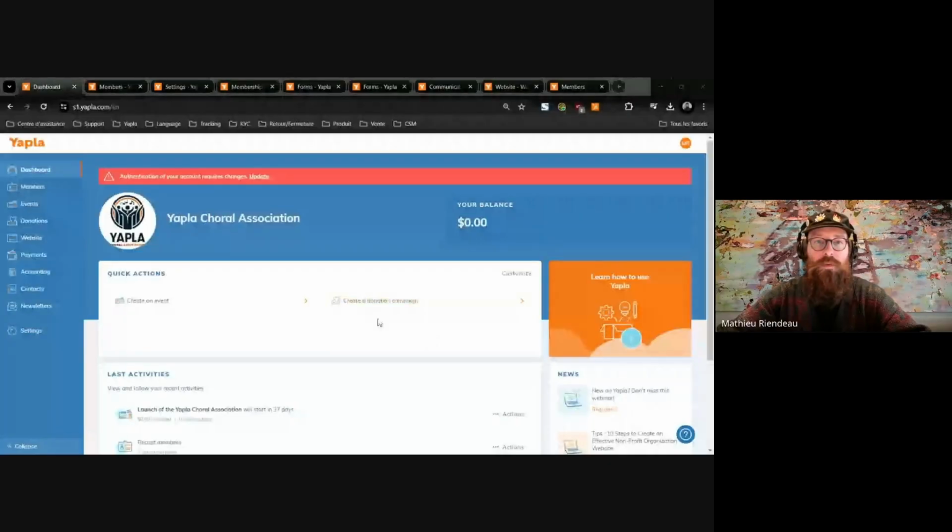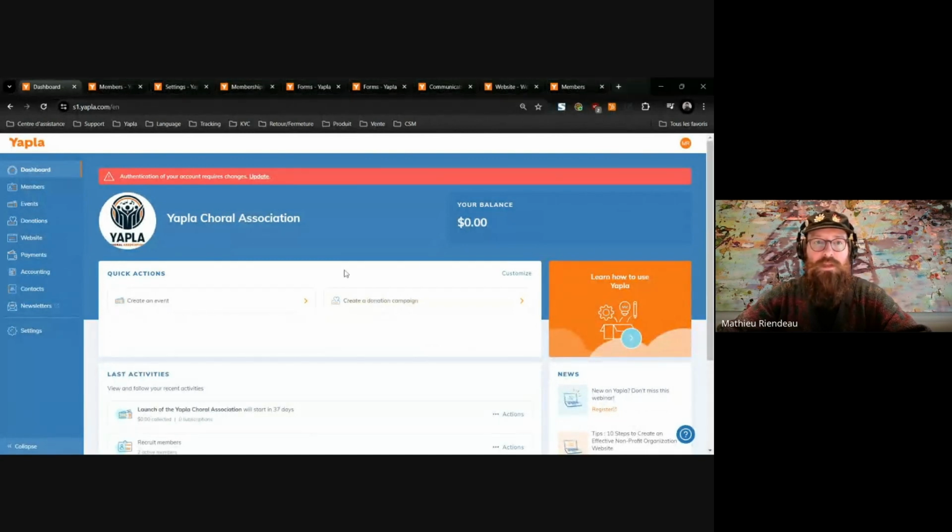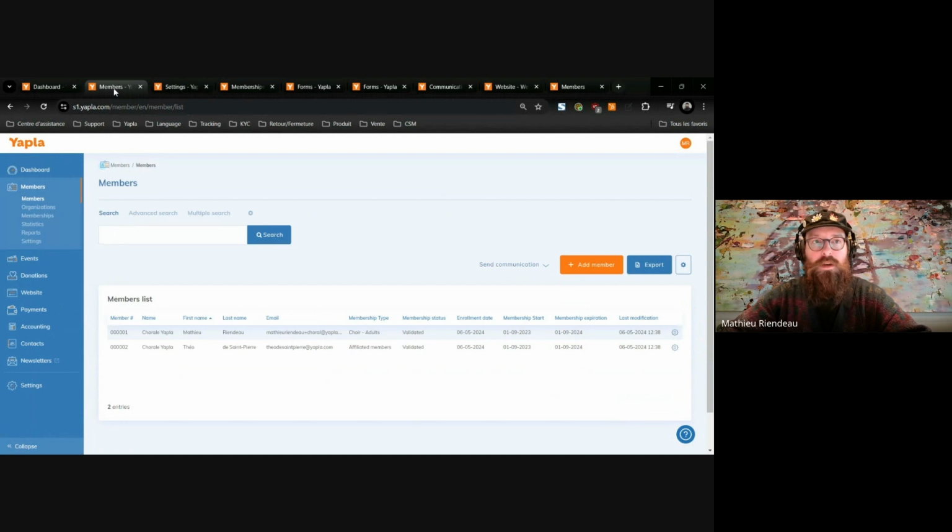I'll be presenting to you our interface today and the way to set up membership for choral associations. First, I'll present you a little bit of our interface so you get more familiar with it. So when you open your account, you will first access your dashboard. You'll see here a list of quick actions and your last activities, but today we'll be focusing more on the